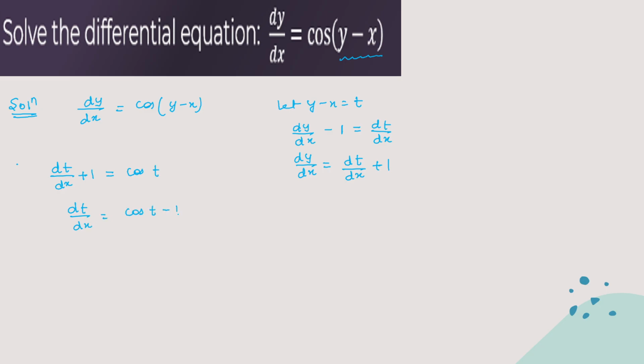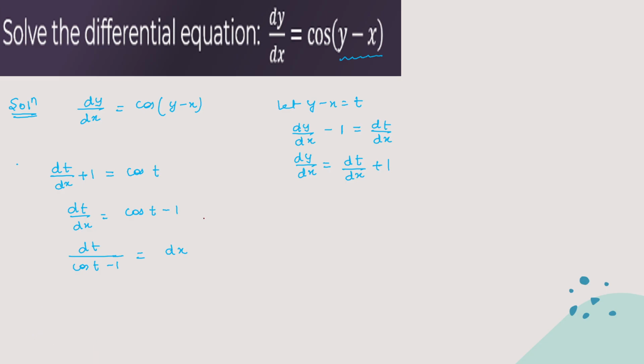It is cos t minus 1, right? So this will become dt upon cos t minus 1 equal to dx, and then do the integration. So before doing the integration, can anyone suggest what we should do in this denominator cos t minus 1? Because directly you cannot do the integration of this cos t minus 1 in the denominator. Yeah, we can go for the rationalization also, but that will increase our time, right? Rather, we can go for the half angle formulas,